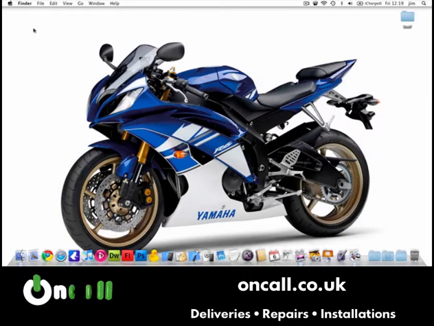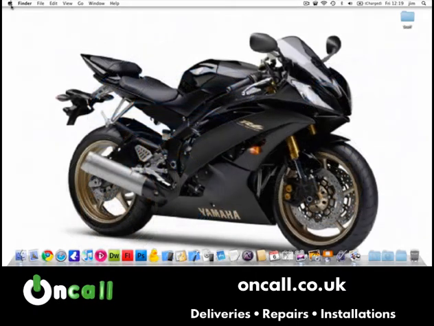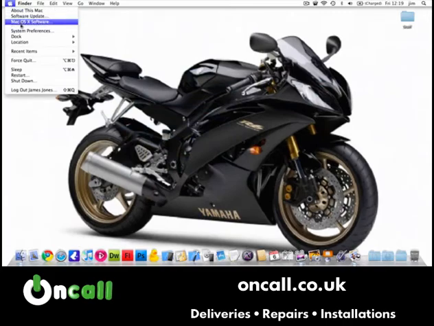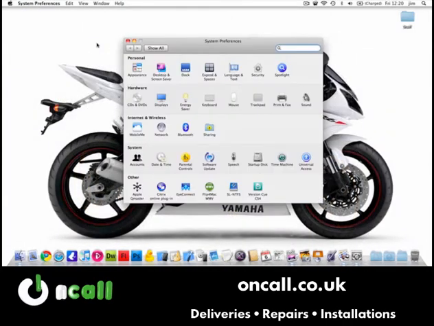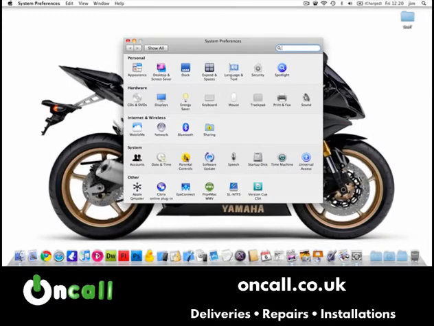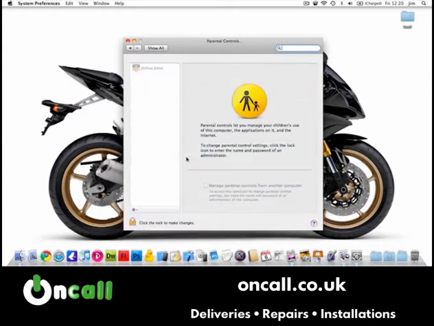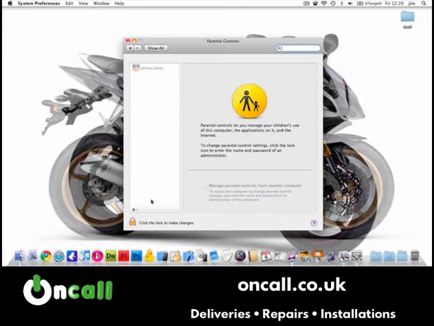If you go into System Preferences by going to the Apple symbol in the top left and click on that, scroll down the list of System Preferences, and that will open up the main window. Now if you go to the fourth column down under System, you'll see the option there for Parental Controls. If you click on that to open it up, you will need to click on the lock in the